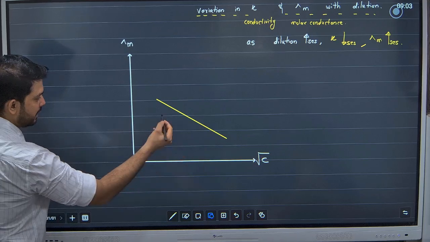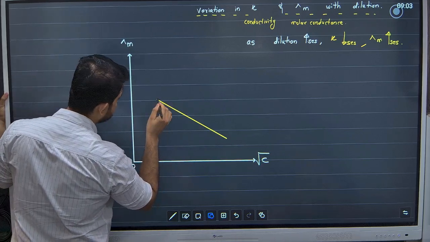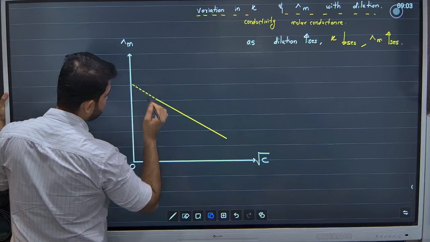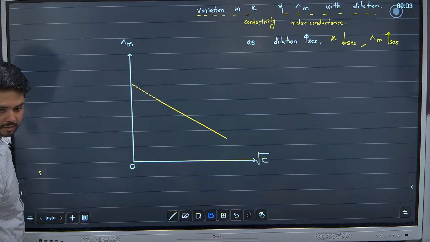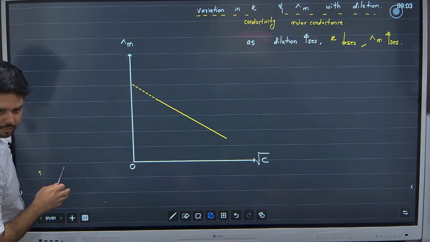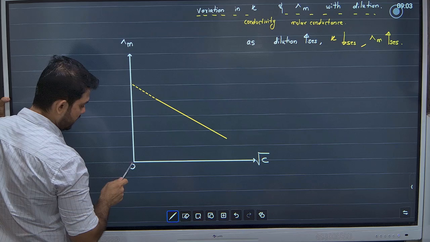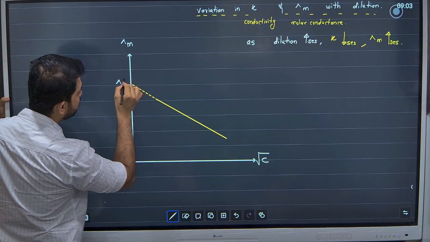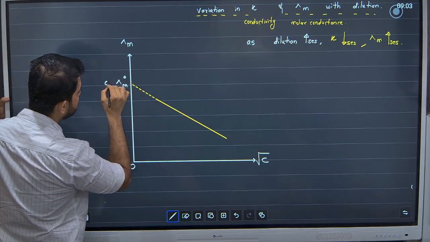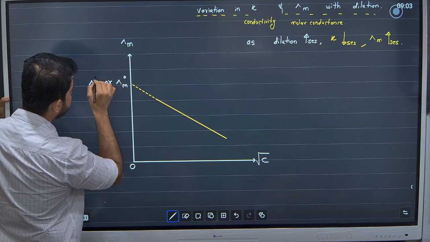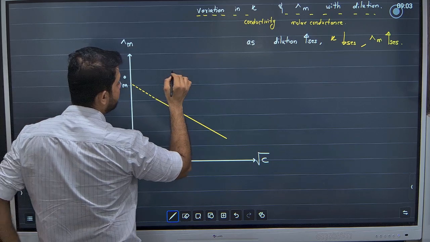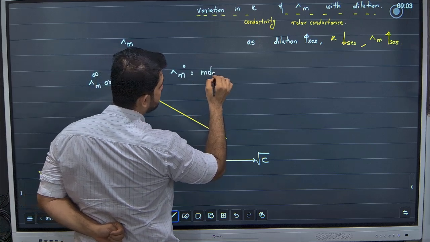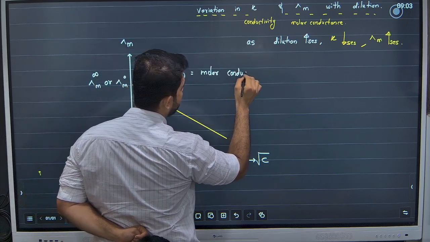So यहाँ पे हम ग्राफ को पीछे क्या करेंगे? एक्सट्रापोलेट किया ग्राफ पीछे करते ना मैथ्स में. आई थिंक यू विल डू दैट. This point at zero concentration, what do you call lambda m? Lambda m naught, or it's also called as lambda m infinity. How do you define lambda m naught? Molar conductivity or molar conductance at